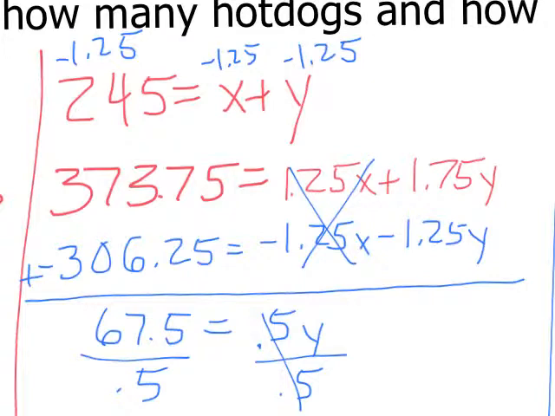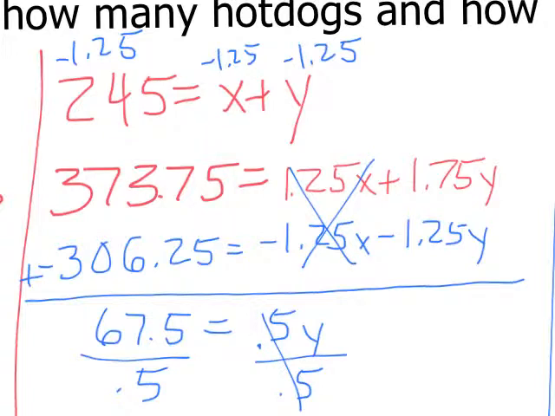$373.75 is equal to the amount of money made on hot dogs. So again, the amount of money made on hot dogs would be the price per hot dog times the number of hot dogs sold, plus the amount of money made on hamburgers, which would be the price per hamburger times the number of hamburgers. At that point, I chose to use elimination, and that's the work that you see here